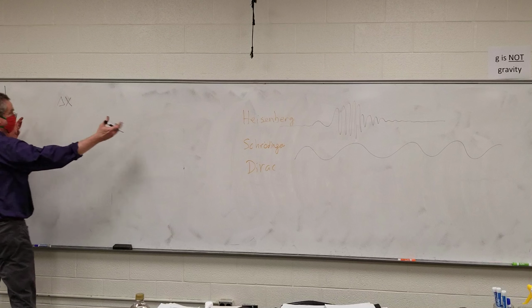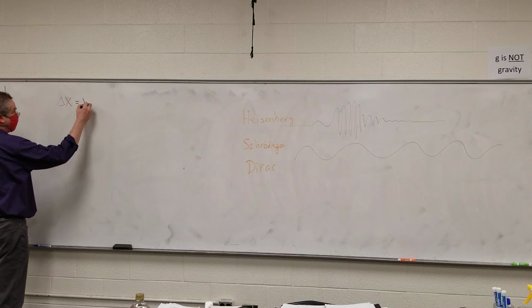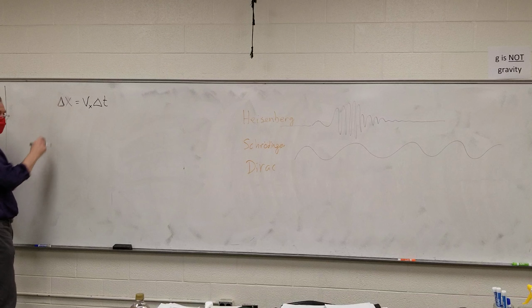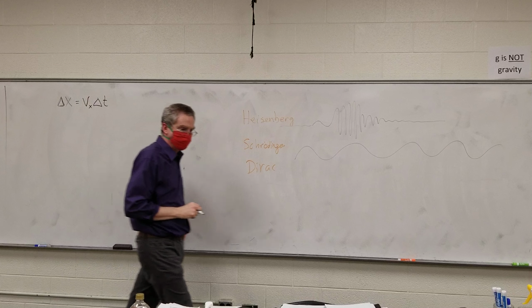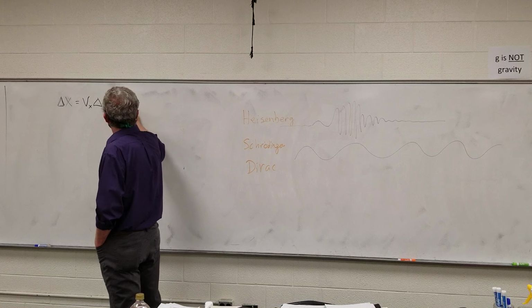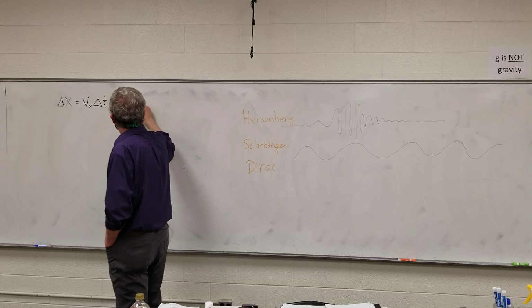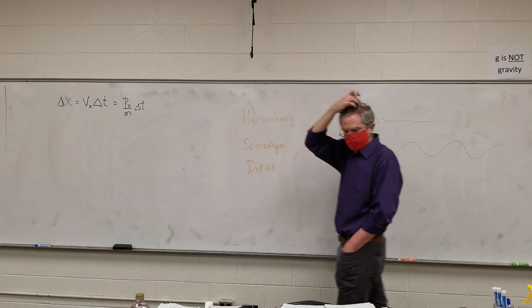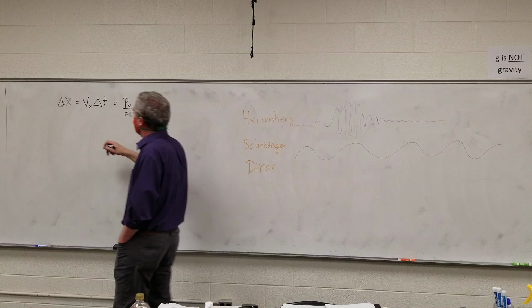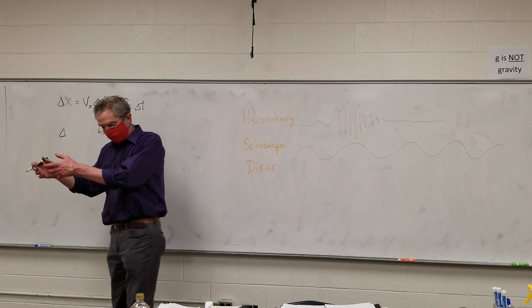So assuming it's sort of one-dimensional here, this is going to be equal to, oh, much better, Δx = v·t. In other words, there's a range here where we can find this particle. And I know speed is just momentum over the mass. And so I can find out this time interval. So if I have an object that's moving